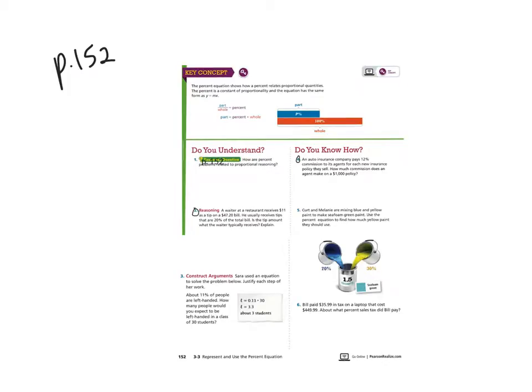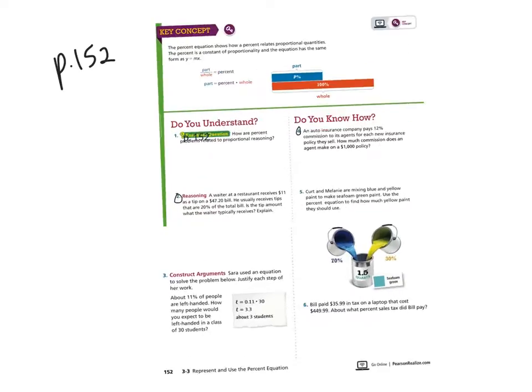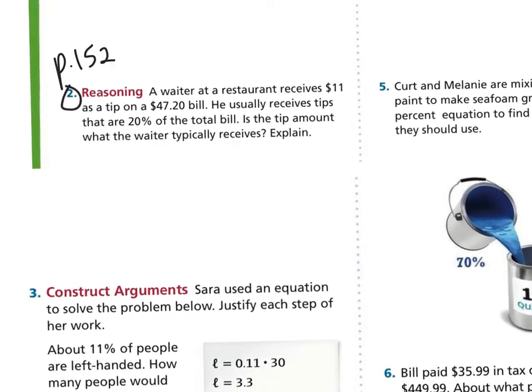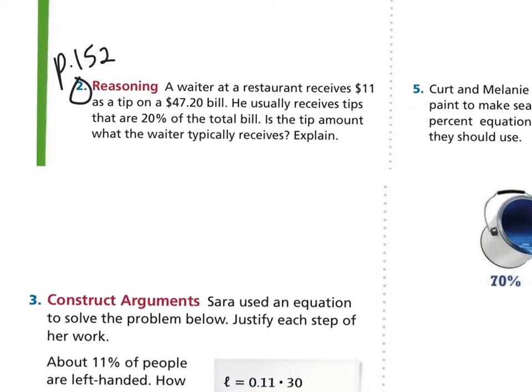Continuing our lesson on percent equation, just a reminder of some things from the first part of the lesson you talked about is that when you see the word of, usually that means you're going to multiply. When you see the word is, that usually means equals. And so literally, a lot of these problems we can actually convert into equations just by thinking about those kind of things. So on page 152, if we look at the do you understand, number 2,